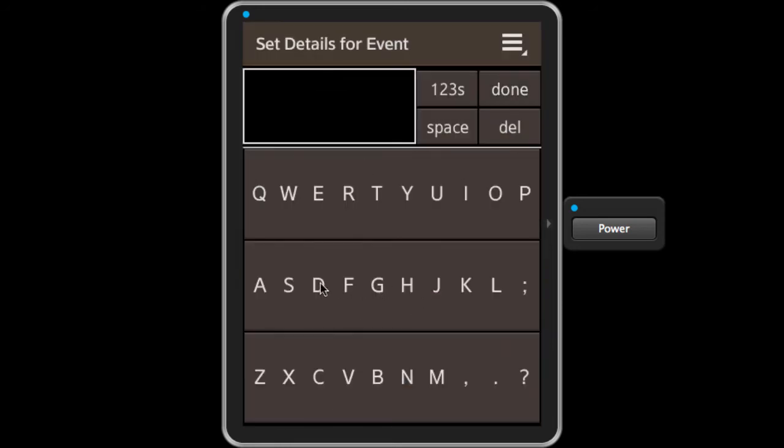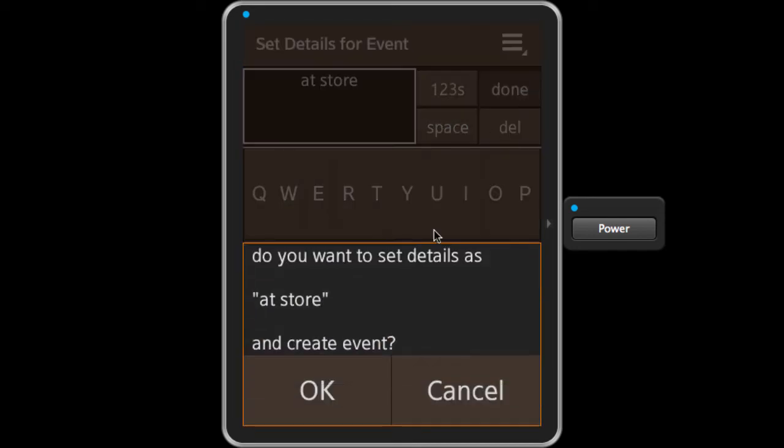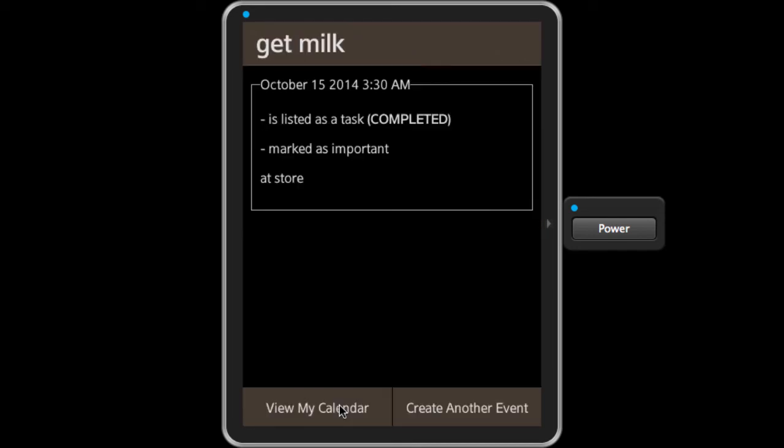Now I want to set details. Just say get it at the store, right? So get milk at store. Now I've created an event. That's also a task because I marked it as a task. You can see it's listed as a task, and I marked it as completed. Let's say I realized that I needed to get more milk and I didn't really complete it,